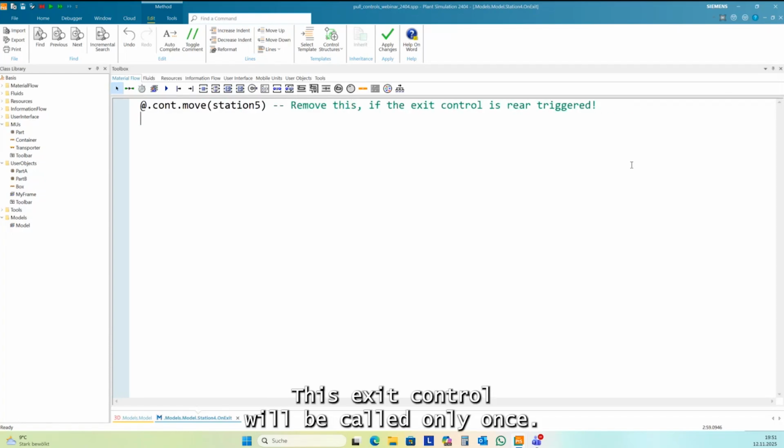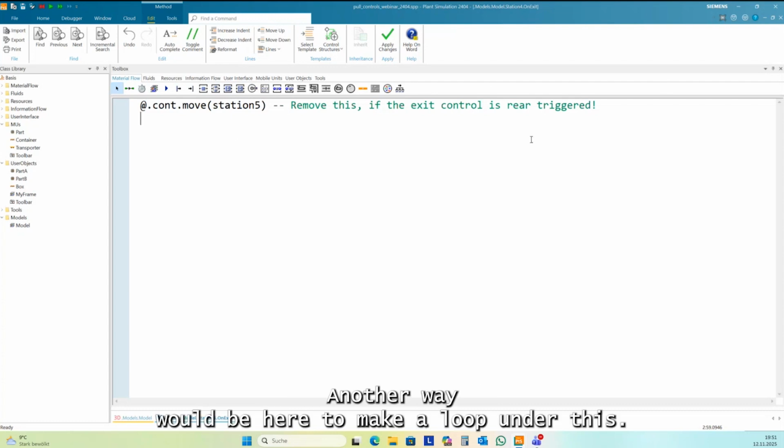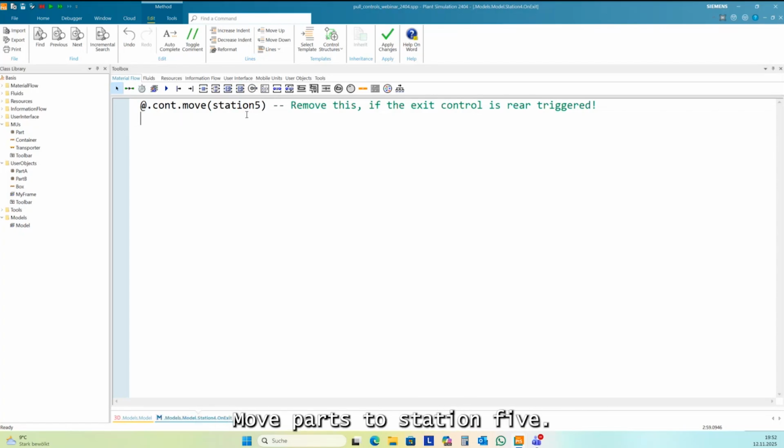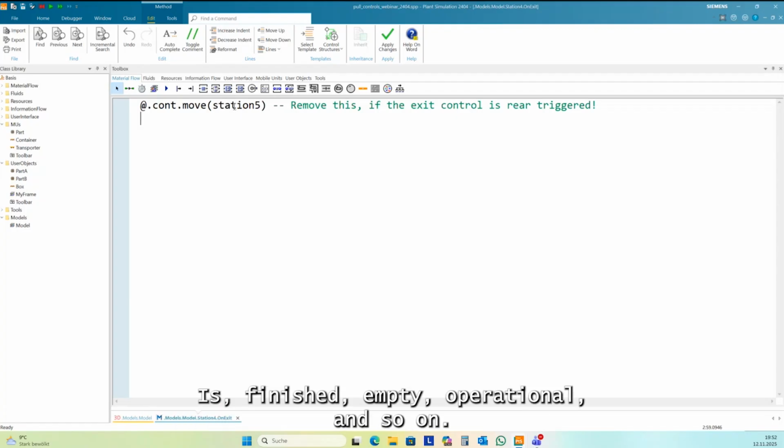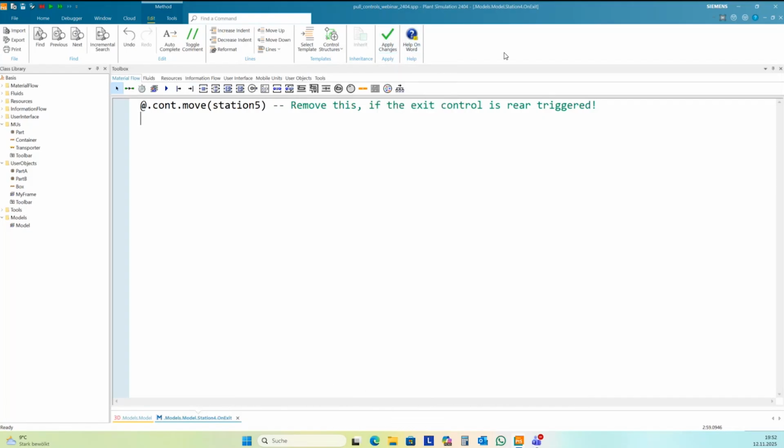This exit control will be called only once. Another way could be to make a loop until this is occupied, move parts to station 5. This would be a push again. You need to wait until station 5 can receive parts, is finished, empty, operational, and so on.